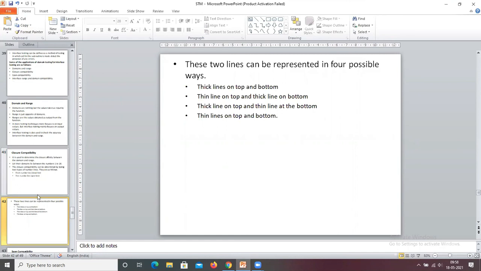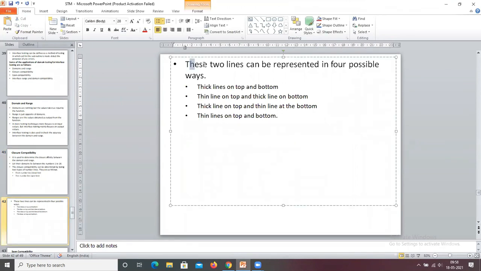Okay, so what we discussed: these two lines can be represented in four possible ways. Two lines is nothing but one is thick line, another one is thin line. So thick lines on top and bottom, thin line on top and thick line on bottom, thick line on top and thin line at the bottom, and thin lines on the top and bottom.